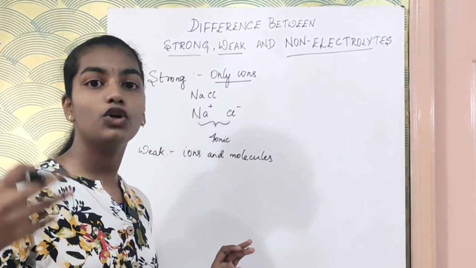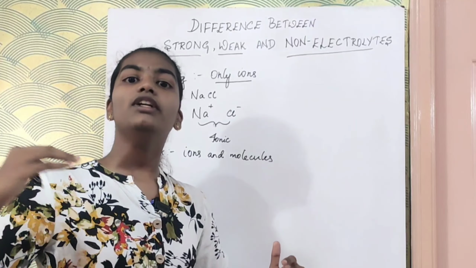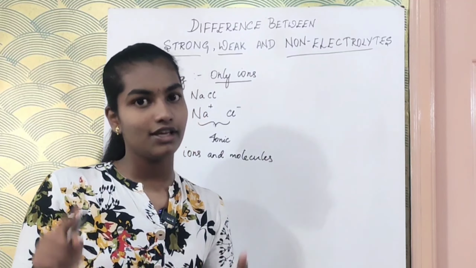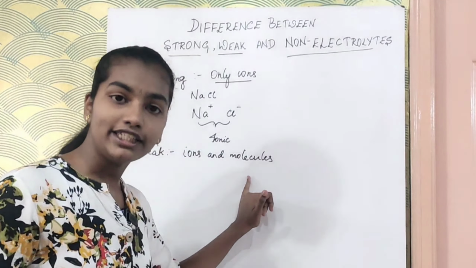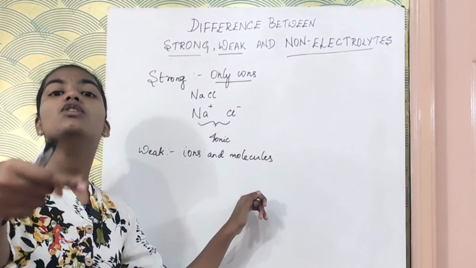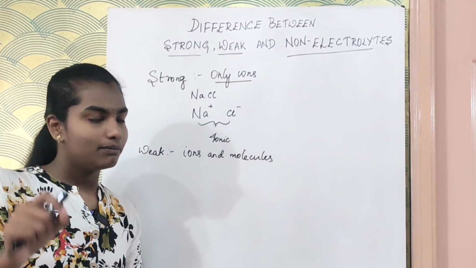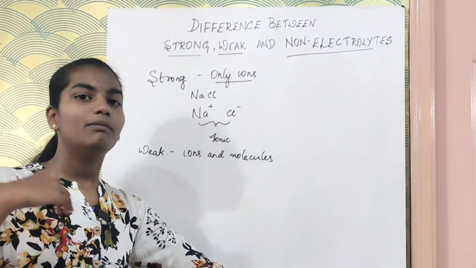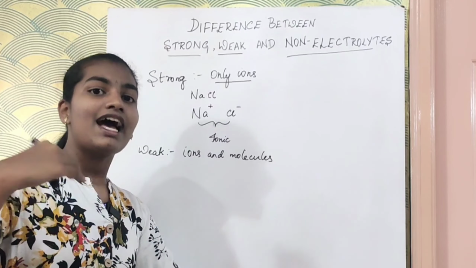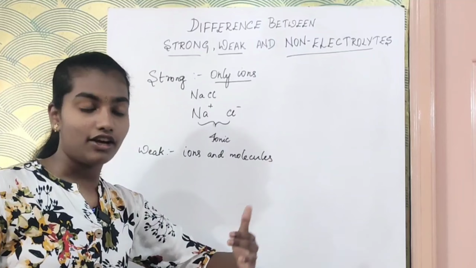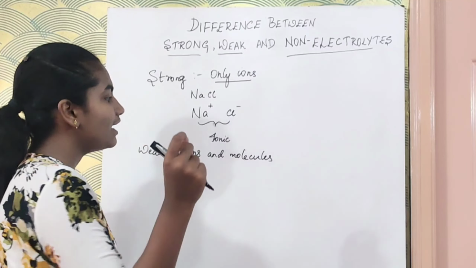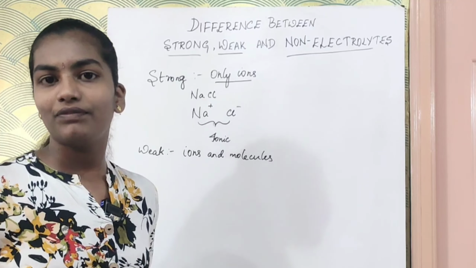What are polar covalent bonds? Covalent bond is also called a molecular bond because the bond is between molecules, which is why they have molecules also. But there is also a presence of ions. But because there are molecules also, they would not pass electricity as strongly as strong electrolytes like the ionic compounds, which is why they are weak electrolytes.